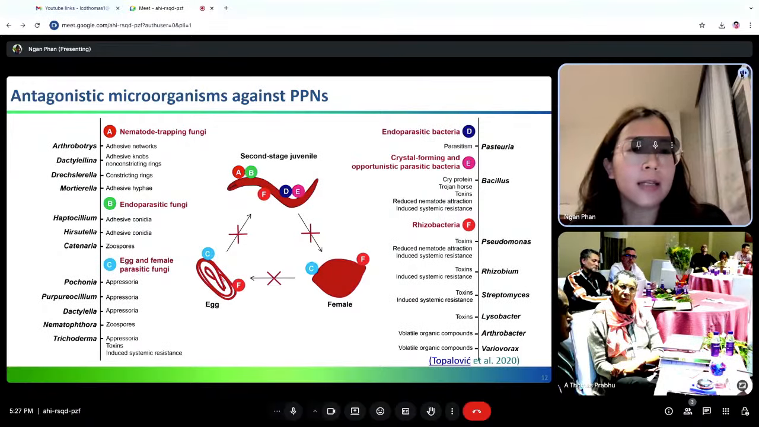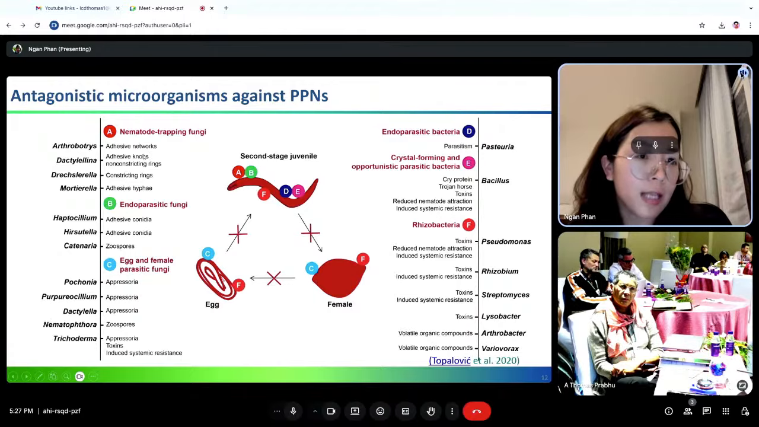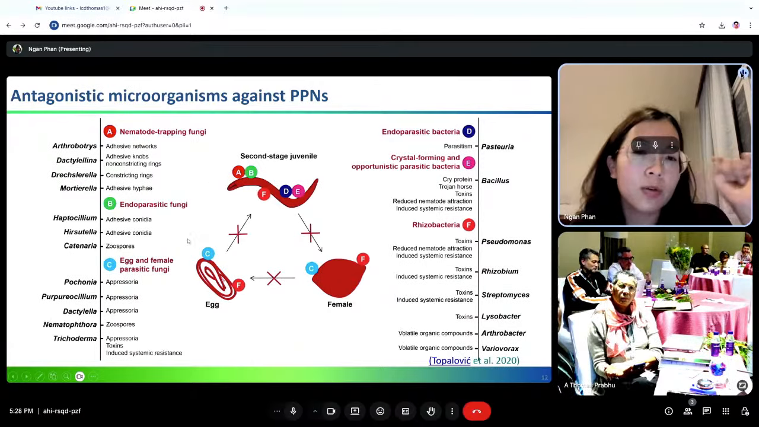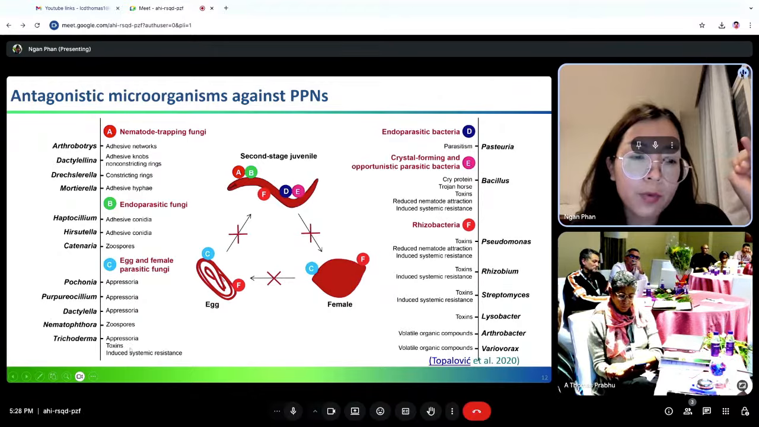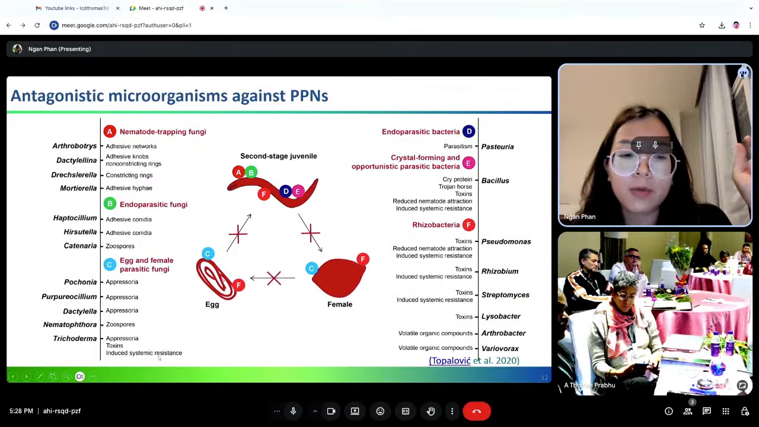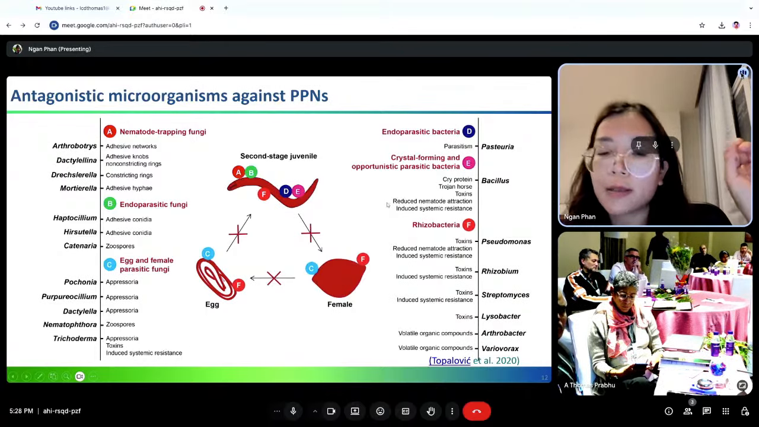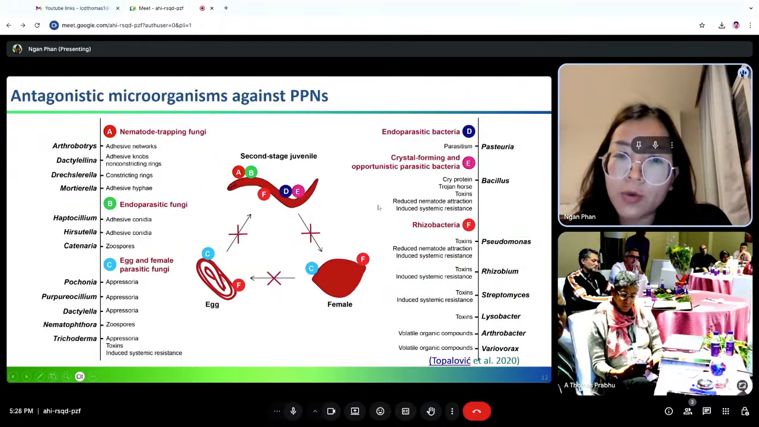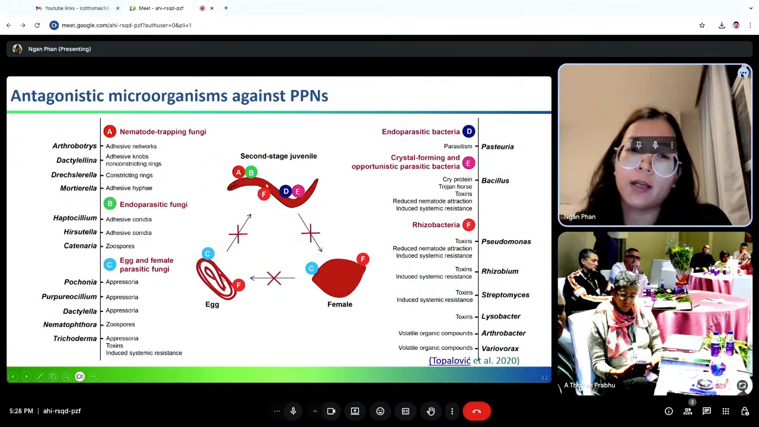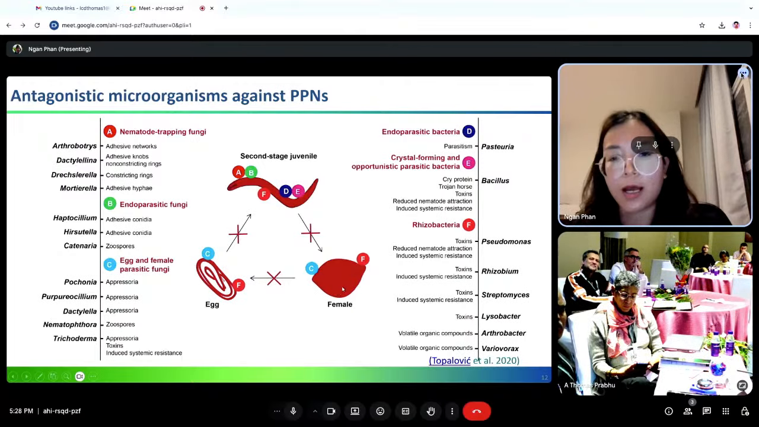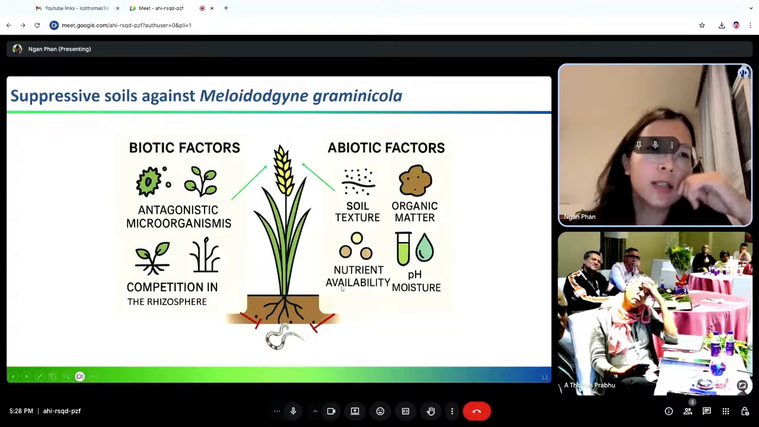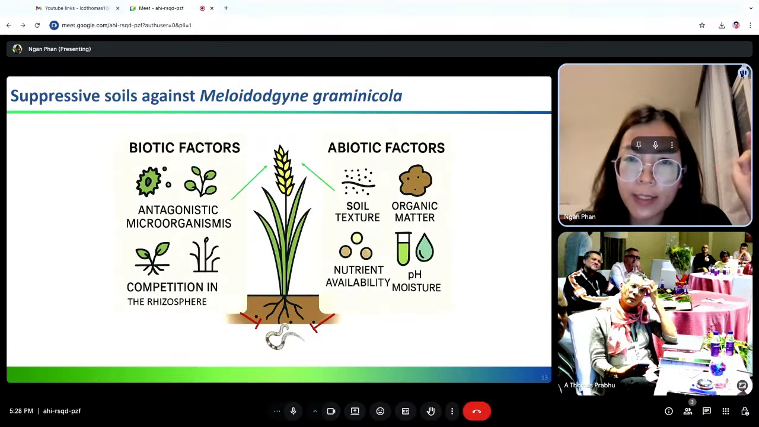And other studies found that there are fungal and bacterial taxa that can have antagonistic activity against plant parasitic nematodes. They can produce toxins, they can induce the systemic resistance of the plant, they can be parasites to kill the nematode, and they can affect or kill the nematode at different stages, from juvenile to female. And we focus on suppressive soil because